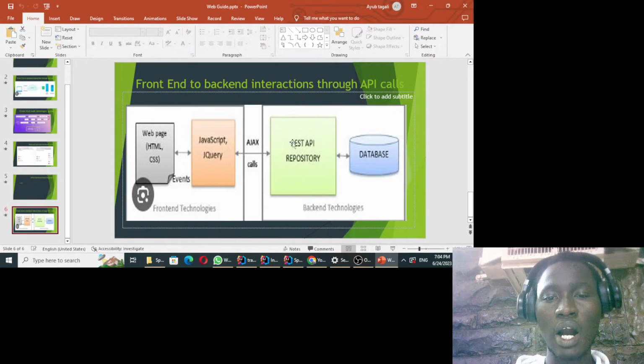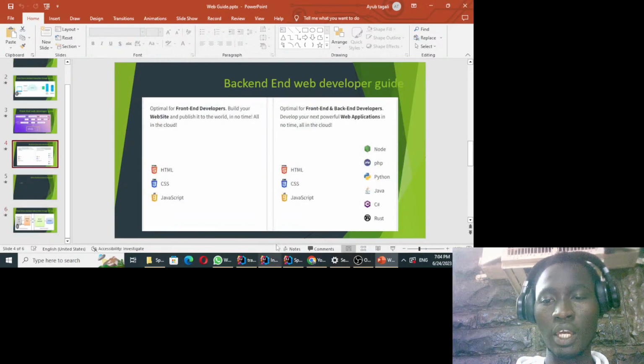And then here we have the REST API. This is now the backend application that you're going to develop. Here, you will be developing this application using one of the backend languages, either PHP or Python or Java.